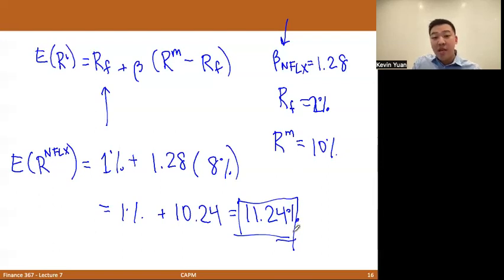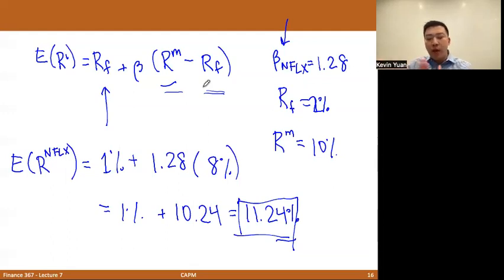Is it always going to be 11.24%? Absolutely not, because like any other model, the CAPM is subject to misspecifications. Maybe this beta was incorrectly measured. That's also possible. But it gives us a framework, at least, for how to think about and price assets that we see out in the economy, using what we see in the real world: the market portfolio and the risk-free rate. It also offers a really strong and powerful intuition that when you're given a particular asset, the